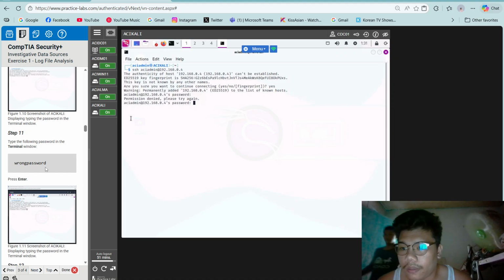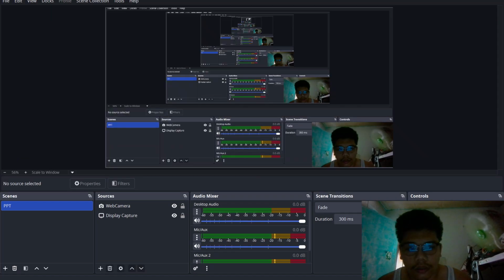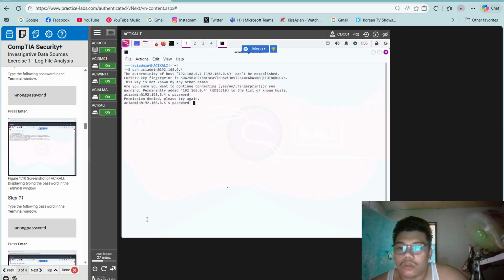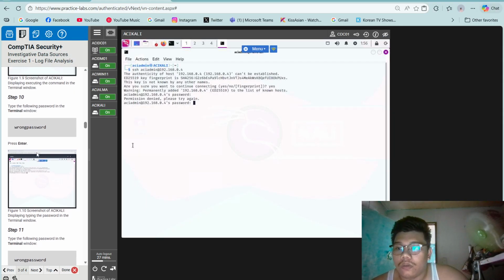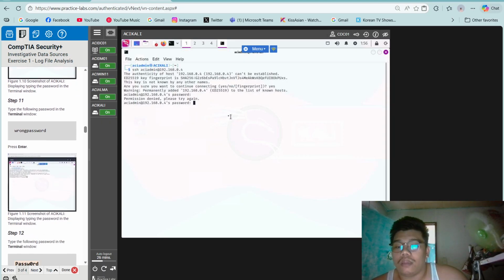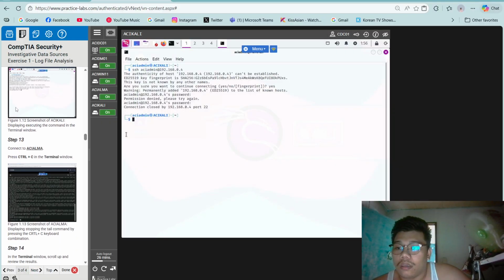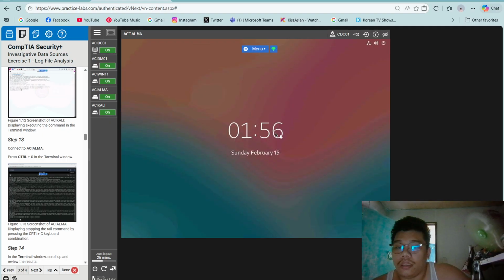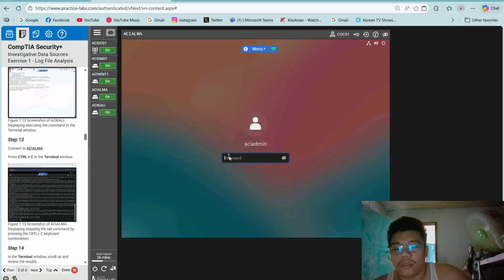So step 11. From step 10, which is the wrong password, try the password again. Then go back to ACI Linux. Enter the password.